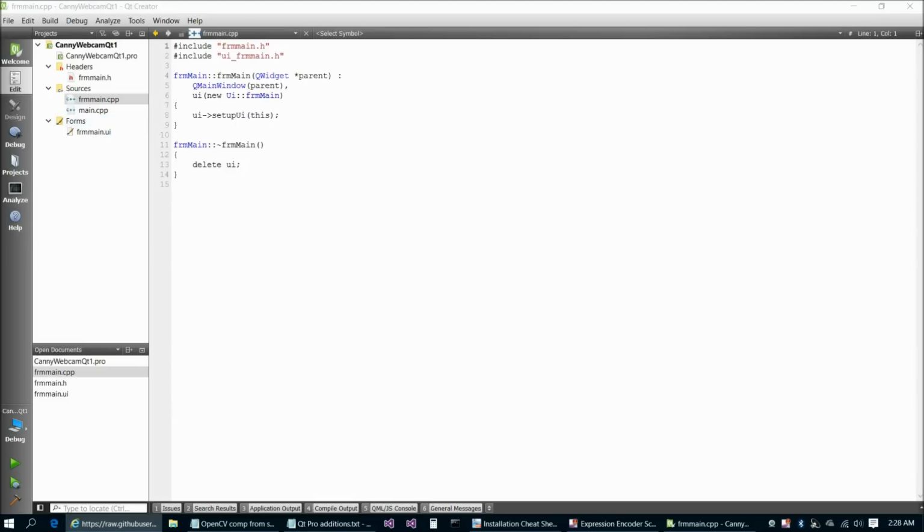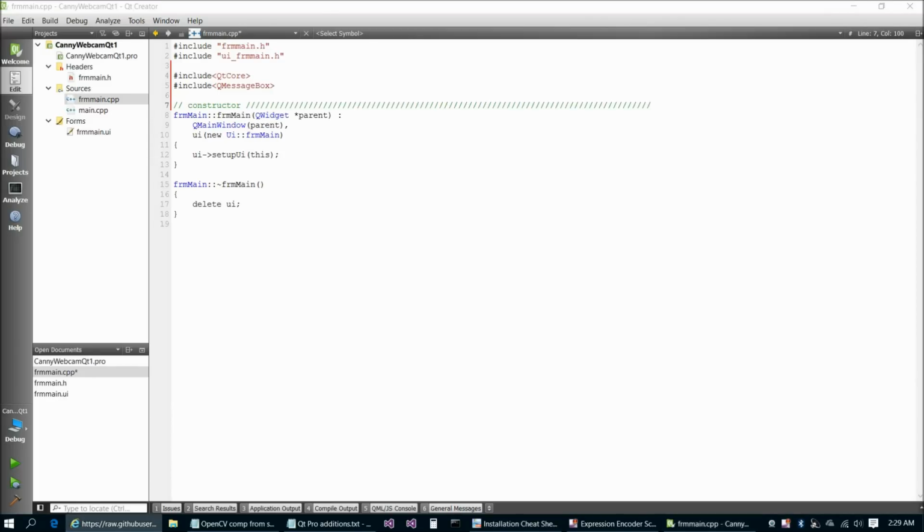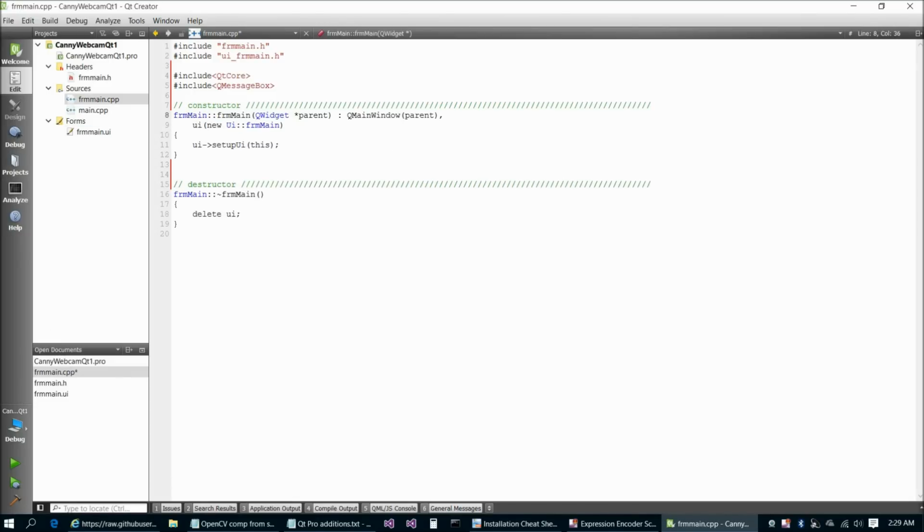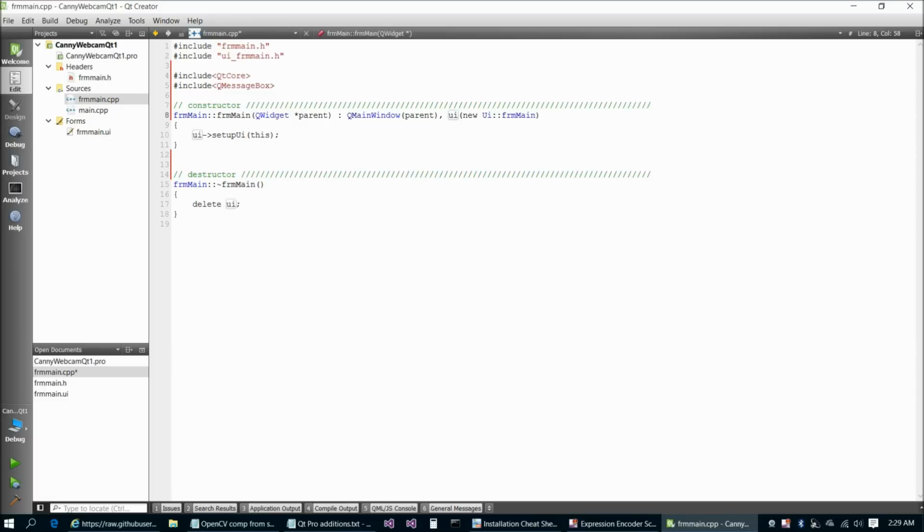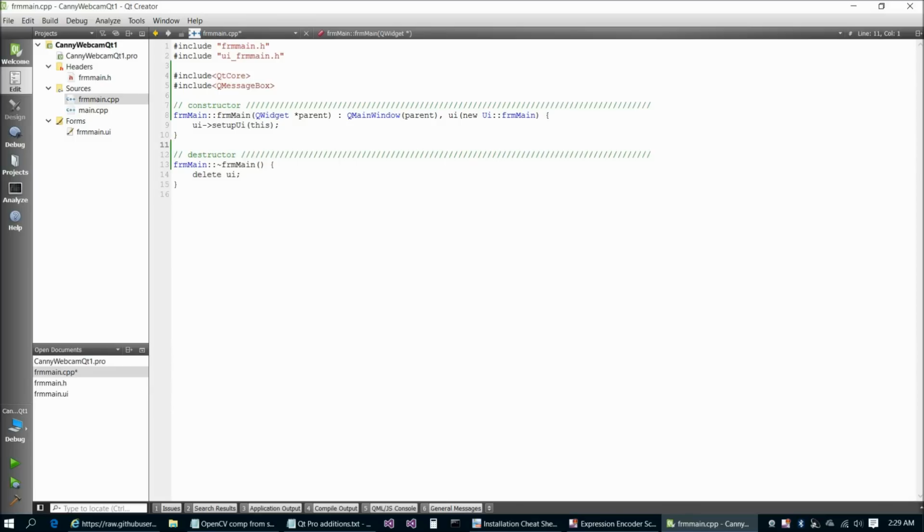And let's see, so that's good at the top there, form_main.h, ui_main.h. And then we're going to copy and paste in QCore and QMessageBox. Then we're going to put the comment line over the constructor and the destructor. And then we're going to respace a few things here. So let's do that. And there we go, all set there. And let's take out this blank space. Okay, and in the constructor we're going to set up the